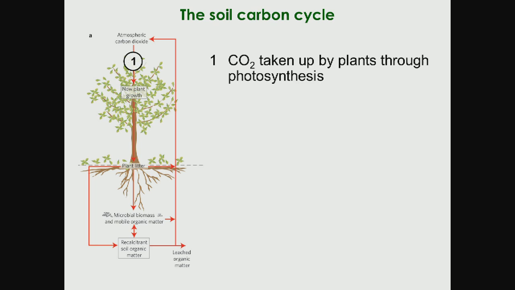As we know, plants acquire carbon dioxide from the atmosphere, taking it into their leaves, and then that carbon is fixed into sugars through photosynthetic reactions. You don't need to remember the details, but basically the carbon dioxide is converted via the enzyme Rubisco into triose sugars,